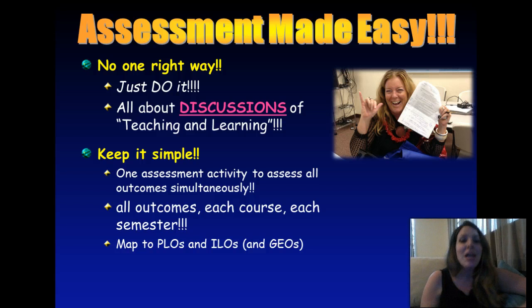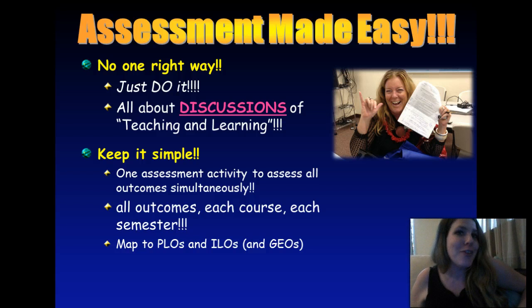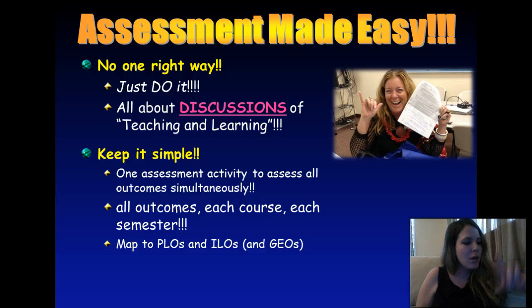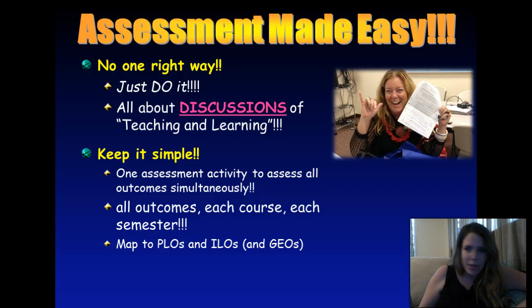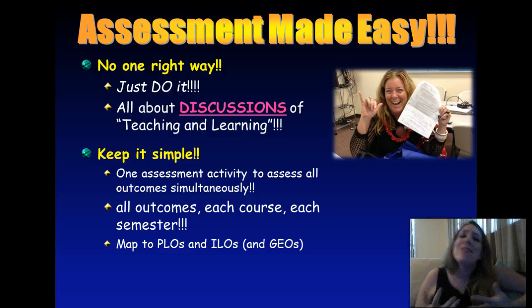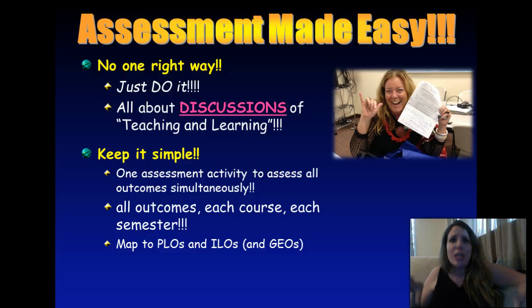improvements. Now, the other thing that you hear a lot is, oh, okay, well, I'm going to pick course learning outcome number 3 this semester for this course, and then we'll run another assessment activity for program learning outcome number 4 and institutional learning outcome 1. That's way too much work, and it's not even meaningful. Everything's disjointed.